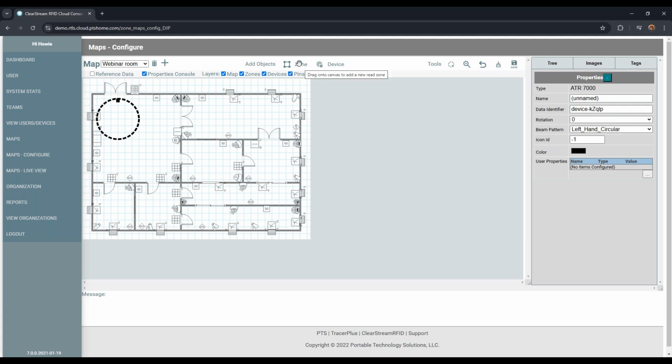Another important thing to note here is the zone configuration. The zone configuration is a little bit different than the devices. So you can define areas on your map, say zone 1, zone 2. And the important thing with those is you can set up rules when things move from zone 1 to zone 2. So back to that FX9600, if you were to outfit this portal with, say, 2 antennas, a zone 1